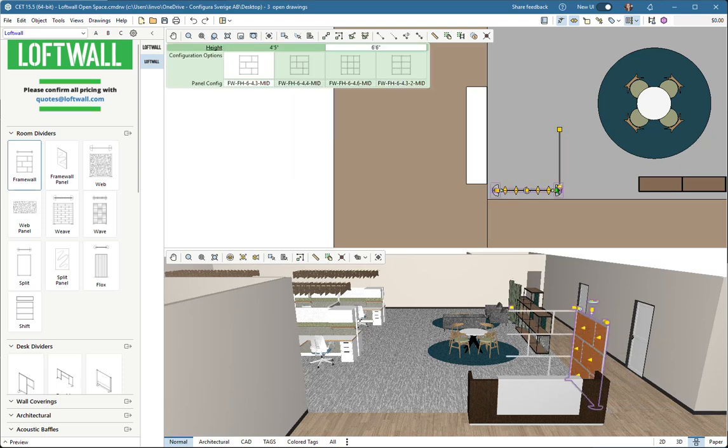As I go and start to place more of this Framewall product, I'm going to see that it likes to snap to other instances of it. Okay. Now, if I want to override that, I can hold down Shift, and that will override that snapping and allow me to place another standalone version of this. But I really like that seamless look in the corner, so I'm going to allow it to snap